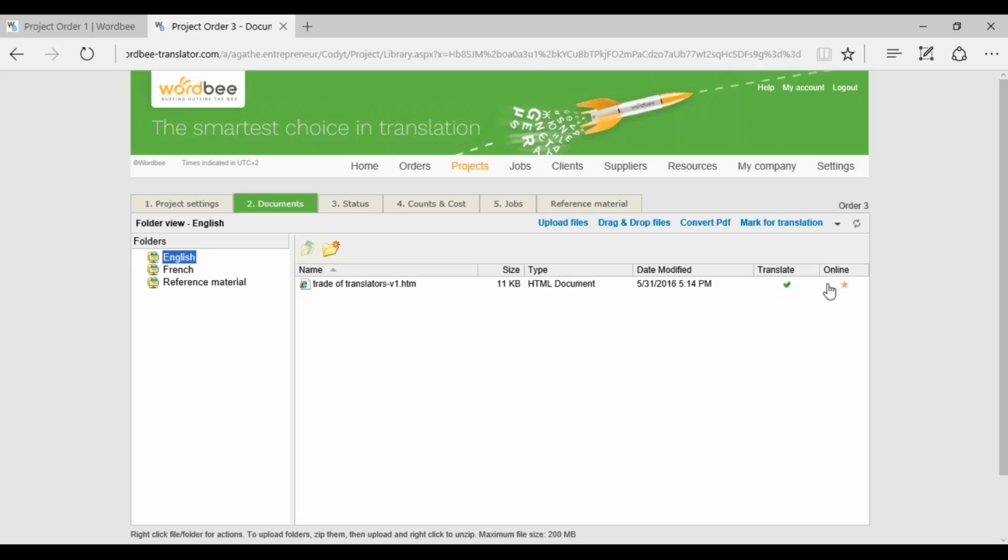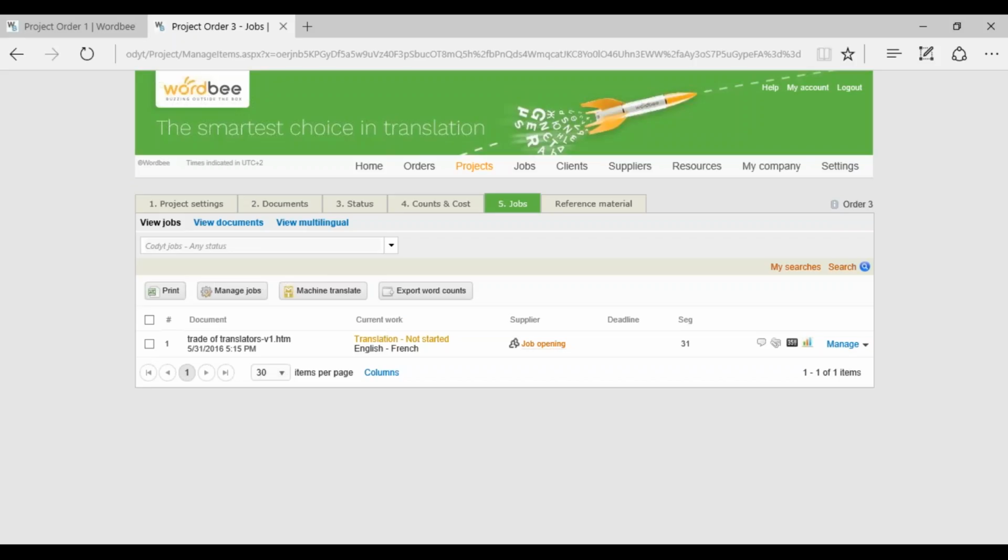I can see it because of the green mark and the star. Ready for translation means that the document has been segmented. It has been pre-translated from the past translations of the client, and I have decided in advance on a workflow to apply so that the system can automatically